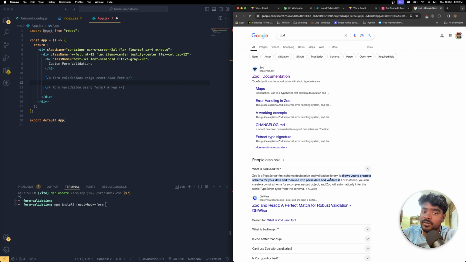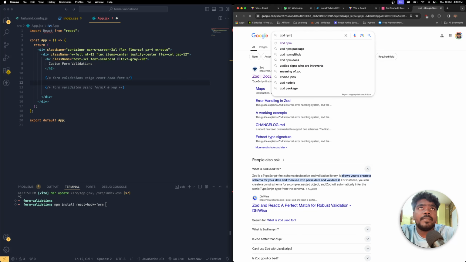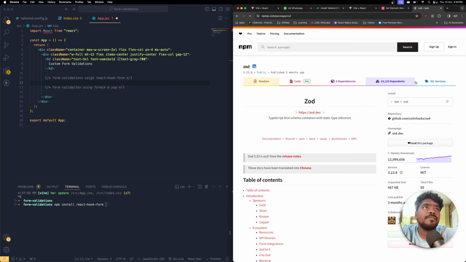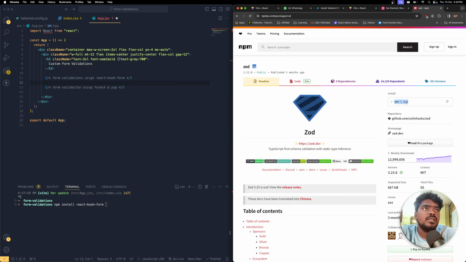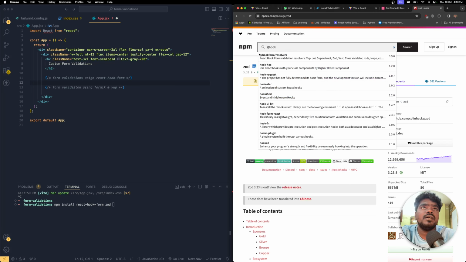So basically, we're going to work with React Hook Form. That form is going to create a schema, and each schema object is going to have its own type. So that helps us to validate it. It's much easier. So we're going to integrate React Hook Form and Zod together. So all we have to do is npm, click it, and copy this, or you can directly type it over here, zod. So whenever you're working with it, we need a resolvers package, which you need to install from